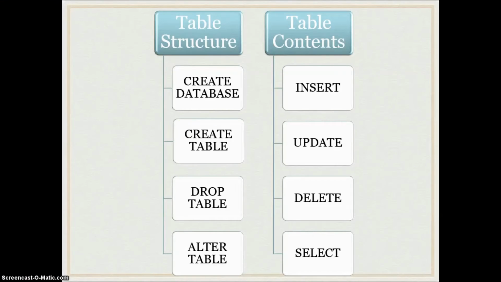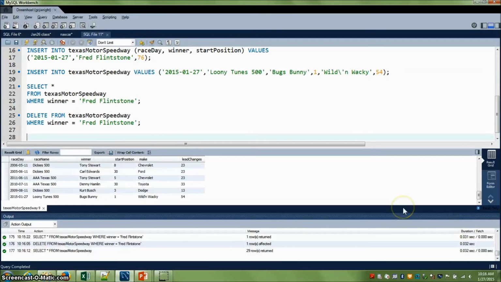Okay, so that's great. We've looked at insert, update, delete. Now, one of the most valuable things: you have information in your table. The real value in a database administrator is getting the information out of that table, because why else would you store it? You're storing it so that you can get the information out and make useful business decisions as a result. So let's look at our select statements. The concept here is we're going to select and provide the column names that we want. So race day,